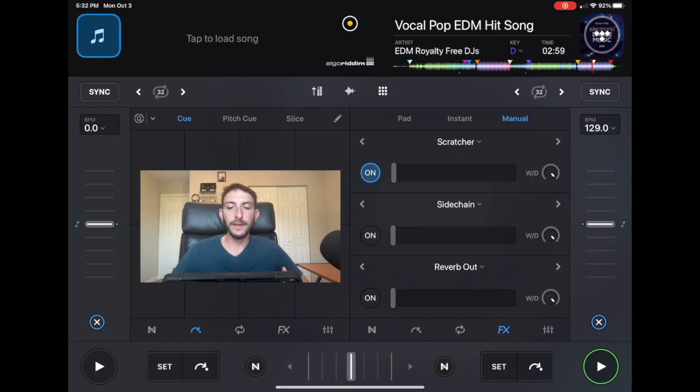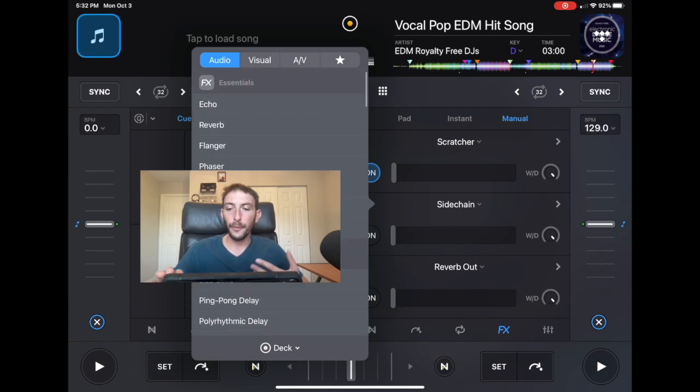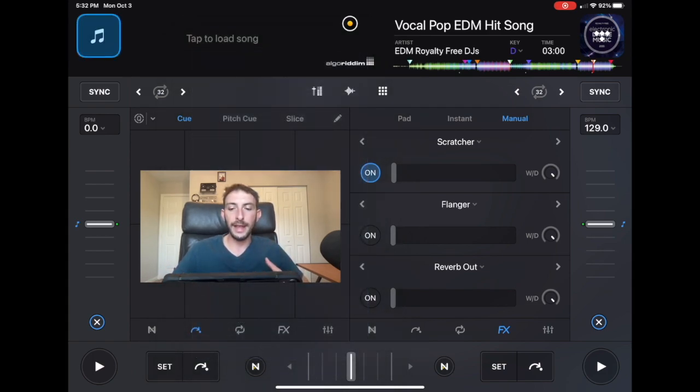It's not the kind of effect like as if you were going to do a reverb, or if you were going to do a flanger, where you could just leave it on for a little bit and not adjust the parameters, because this is what flanger sounds like. So you see that one, you could just play and not adjust anything. But with the scratcher effect, you can make some really cool melodies with it